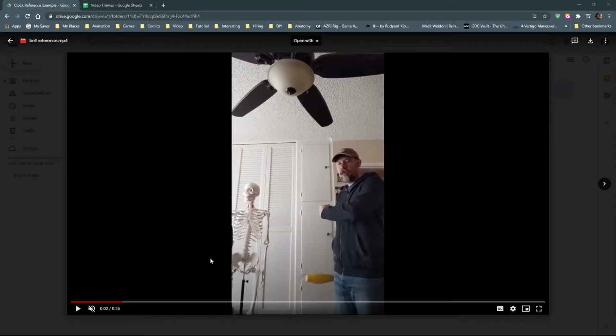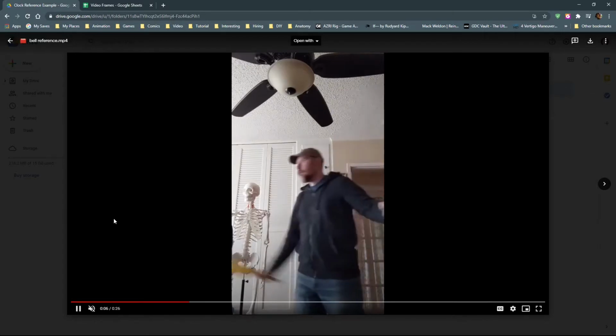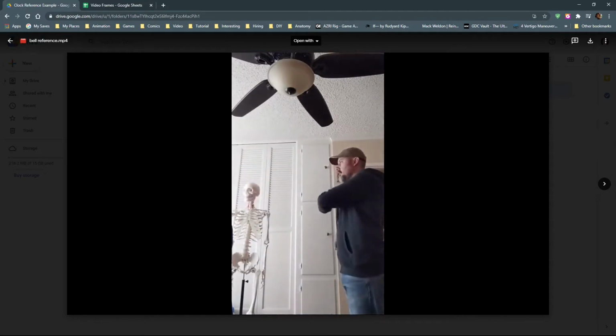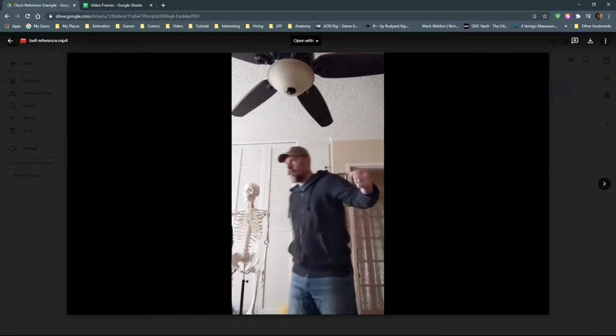So this time we're doing a full motion analysis of a human being, and really this is for our clock, where our little bell character is going to ring the bell. But I wanted to show that you can just set up your phone or webcam if you have it, act out your actions to get your reference, and it doesn't even need to be something necessarily that is human shaped